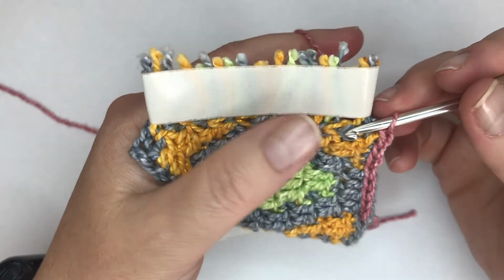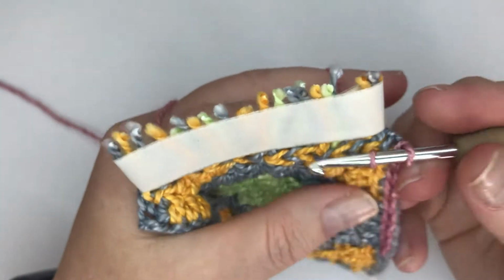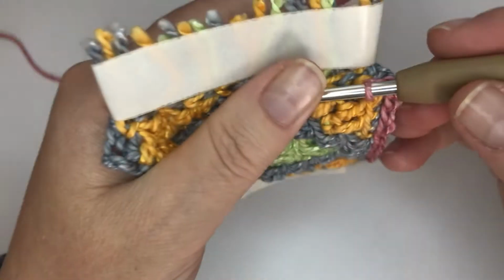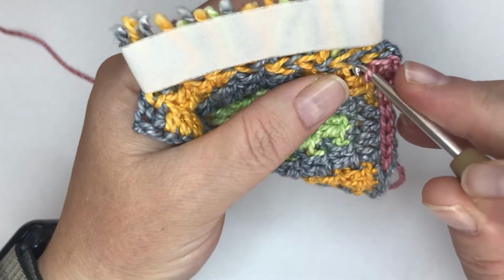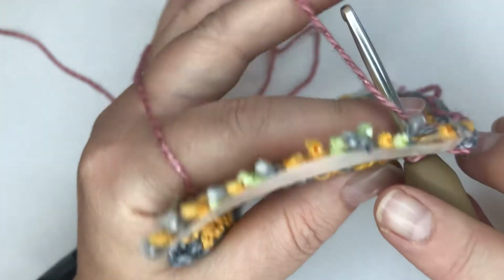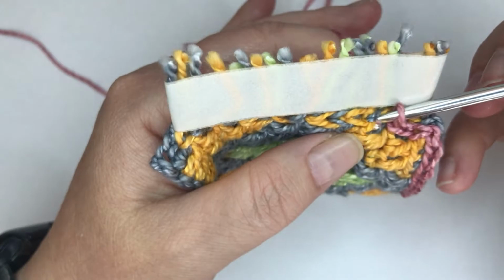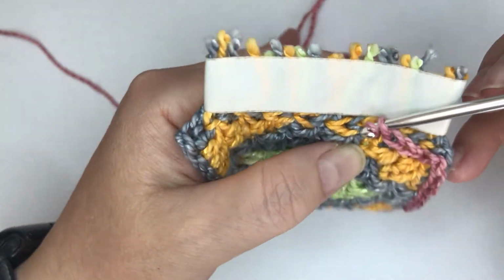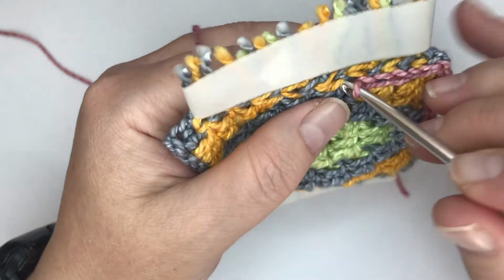So the sides are a bit more troublesome. So there's the yellow. Next to the yellow single crochet, place your slip stitch, not too tight. The yellow, next row, next to the gray, next to the yellow, next to the gray single crochet, next to the yellow, next to the gray,